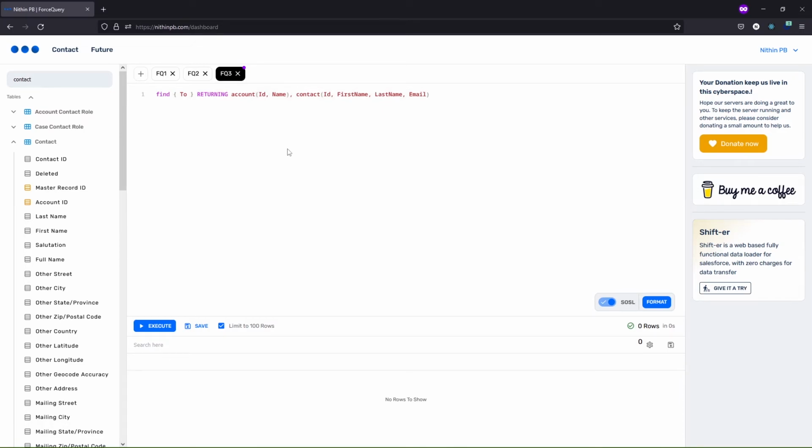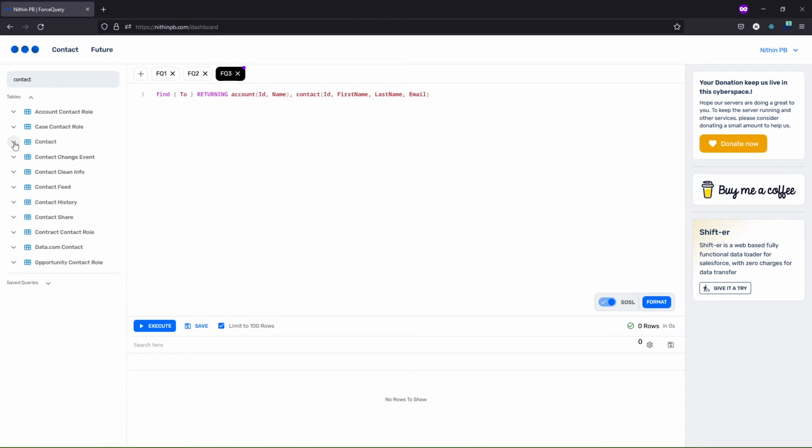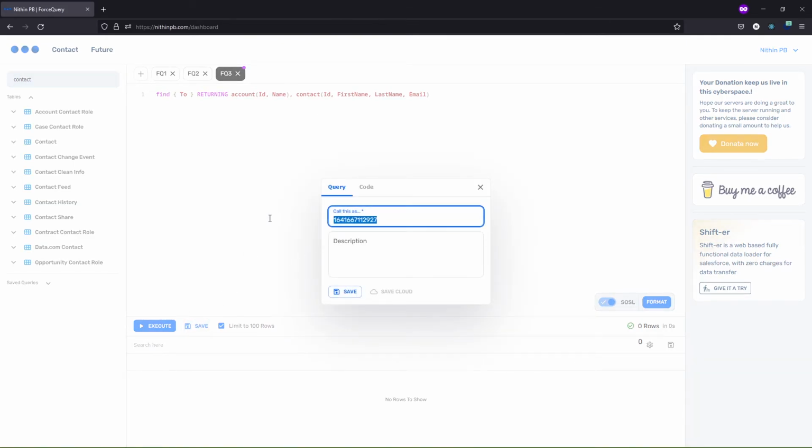Say for example, just imagine a situation where you need to save this query and use it tomorrow. You can also do that. Just click on the save button and you can save the query. This will search for your keyword, and I'm just using the same